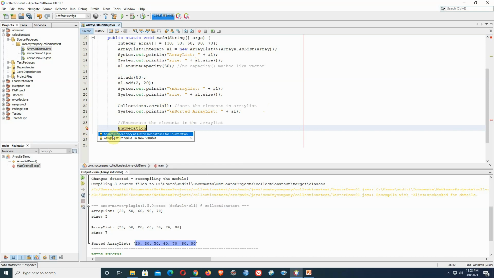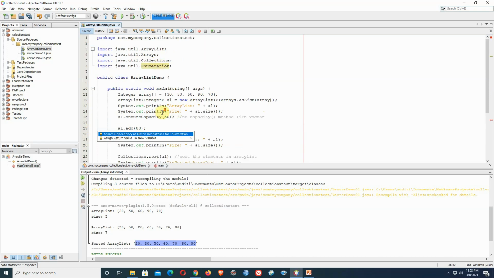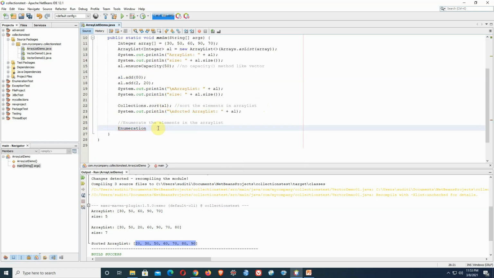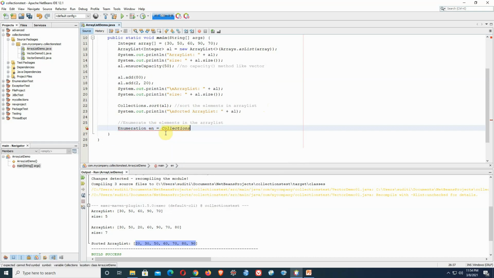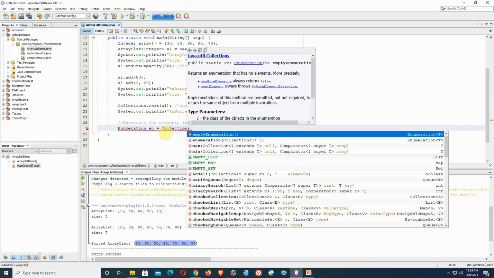It is imported here, that you can see. So Enumeration, suppose we are writing en, that is the reference. Now I am writing here the Collections class that is already imported. Dot, so we are now going to use the method called enumeration.